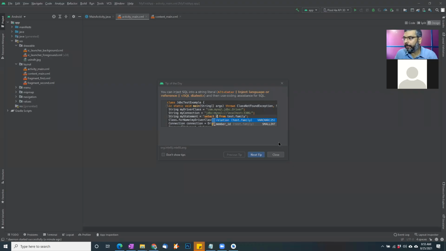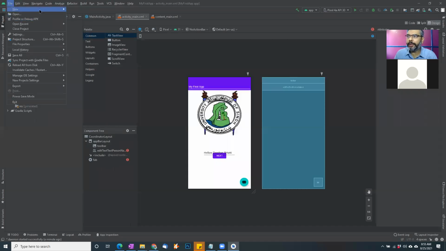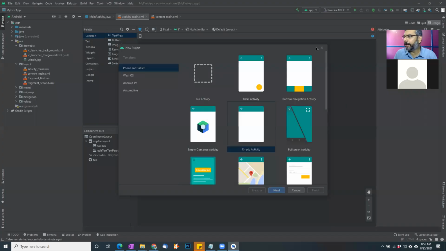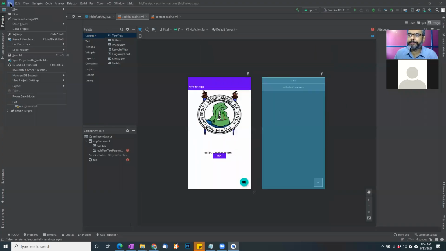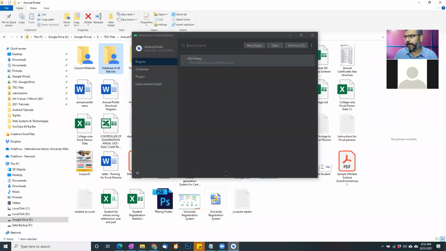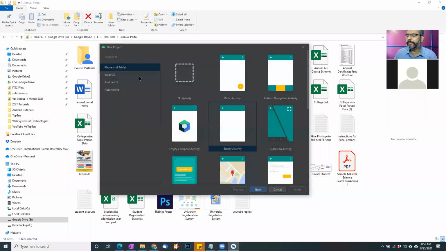Once the installation is complete, then you can start working with it. Okay, so it shows me a new tip. Let me close this and let me come back to file, new project. Okay, in fact, let me just close this project. There we go. And now we have this window called new project. For the first time you run, you will be brought to this particular window if you have not already run it multiple times.